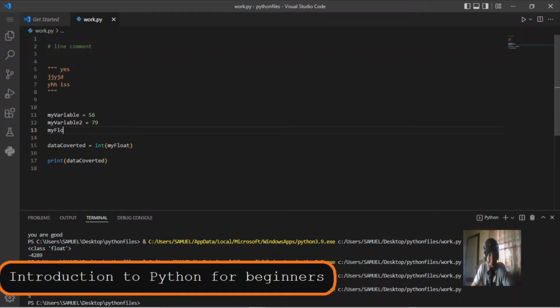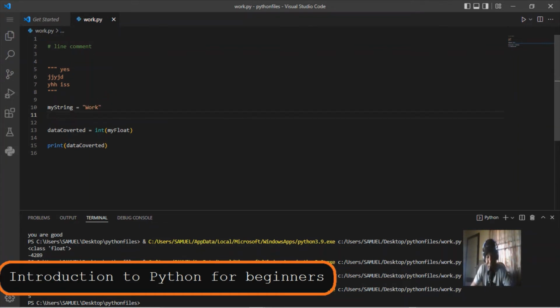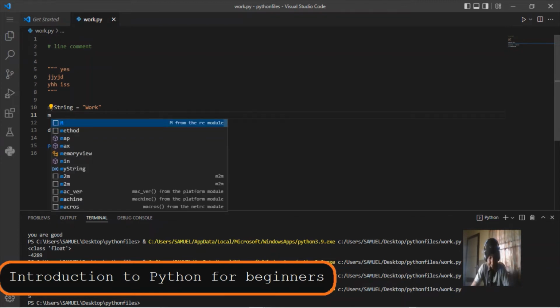So this now leads us to a string. Let me quickly explain a string for you guys. A string is anything between a quote. That's how it works for all programming languages. A string is anything in between a quote. So I can say my string equals to work. Actually, this string that I said equals to work right here, I can actually write it in another way also. Let me say my string